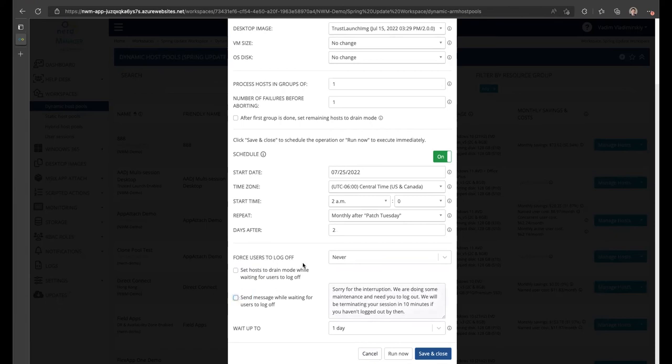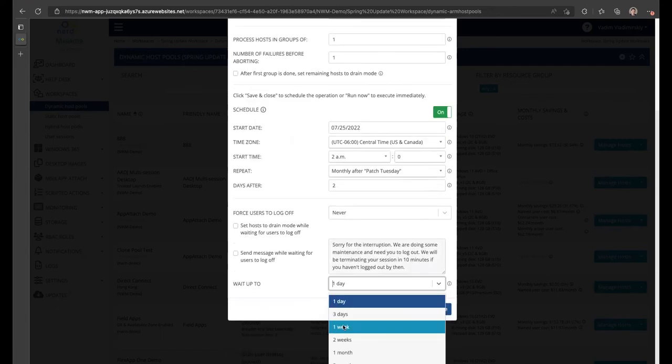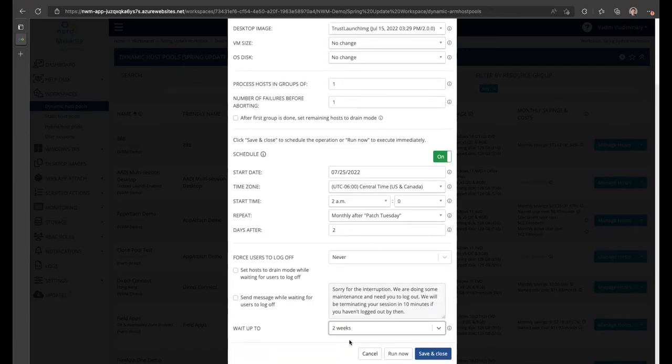If you're not forcing users to log off, what you then specify is how long you want to wait and watch for these users to log off and re-image their session hosts only when no one is logged in. For example, you can say for 2 weeks, sit in the background and watch